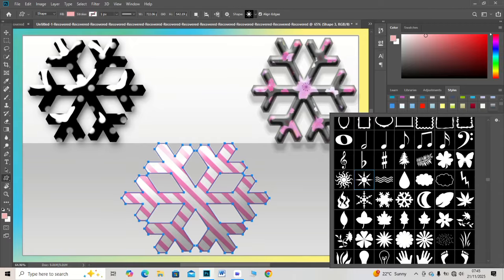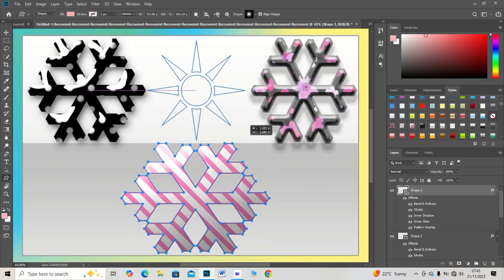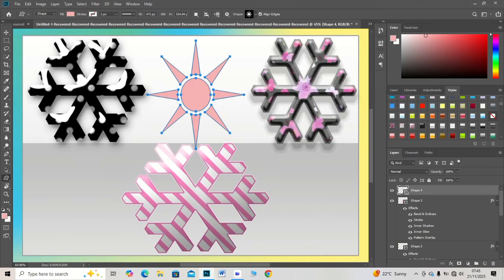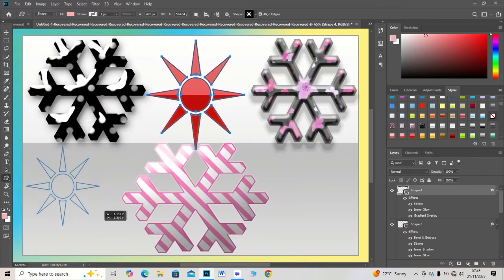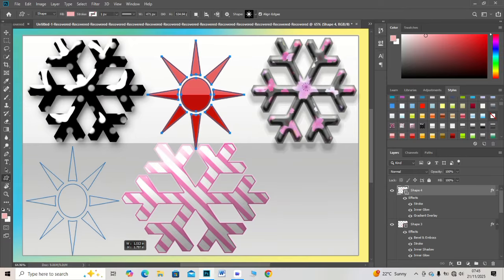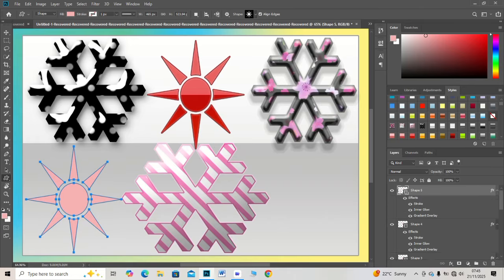Now go to the pen tool and right click the path. Select stroke path and choose brush. You will instantly see a clean glowing outline around your subject, and also add outer glow and layer style to